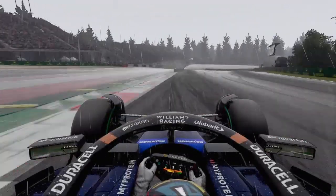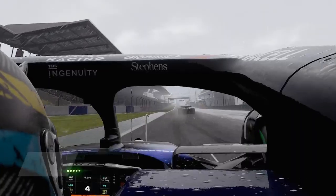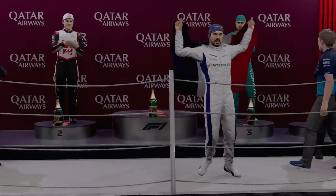But that is your coverage for this Grand Prix. And as I say, Pierre wins the Grand Prix. Congratulations to him. He also picks up Driver of the Day from the game, and I am going to be agreeing with the Driver of the Day award from the game. So congratulations to Pierre. You are Driver of the Day for Tier 3 here at